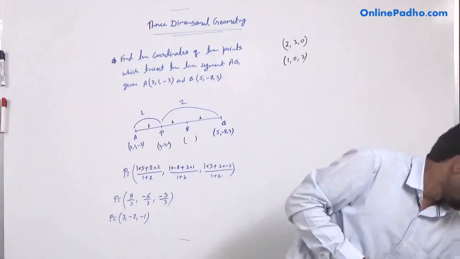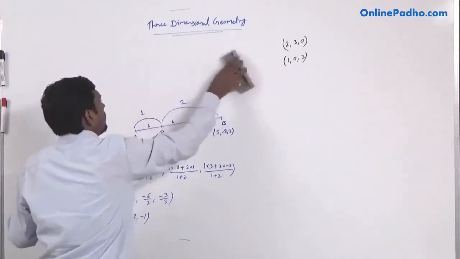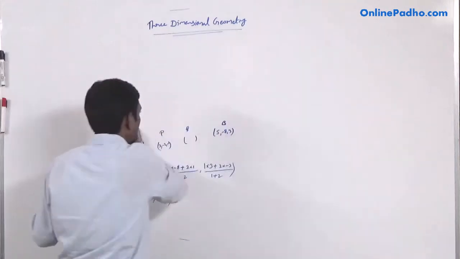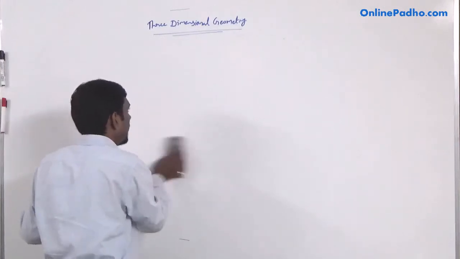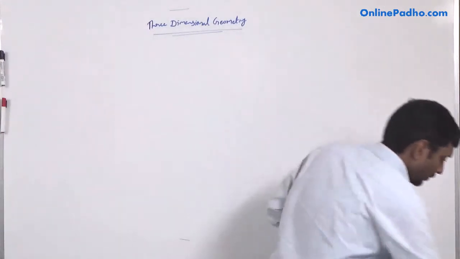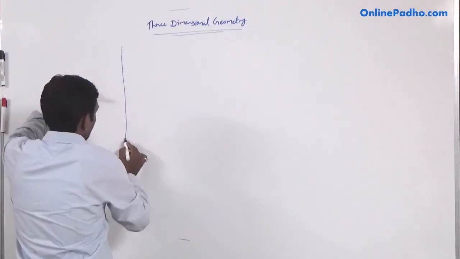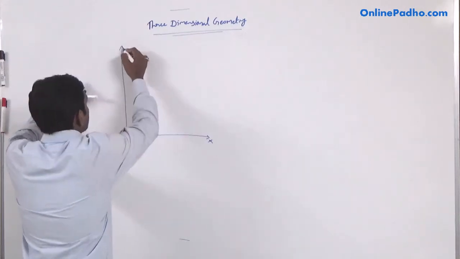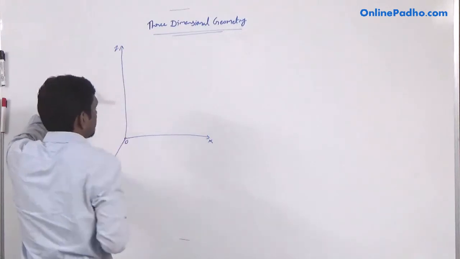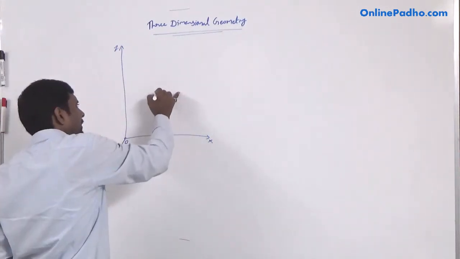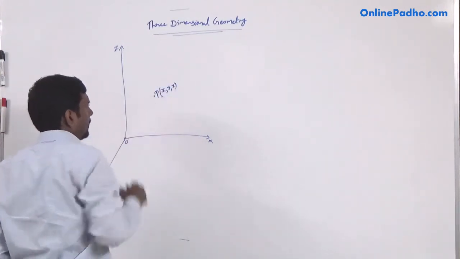Now you already solved these questions in class 11. These are just revision. Now let's move to direction ratio and direction cosine. This is a very basic concept to learn three-dimensional geometry, right? So let's see, if we have a coordinate axis on a three-dimensional plane x, y, z, and if we have a point P whose coordinates are x, y, z.